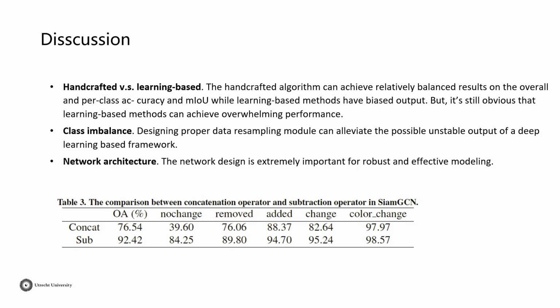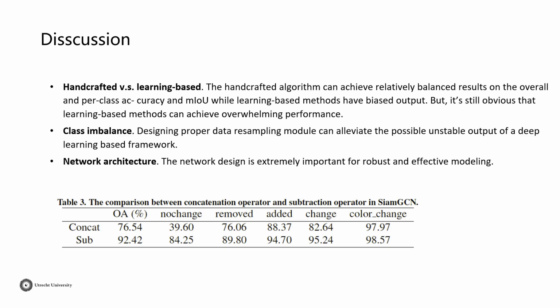The third aspect is about the network architecture. When adopting deep learning-based methods, we usually can design very different kinds of networks. In our task, there are two methods that use deep learning frameworks. The second one and the third one both adopt graph convolution networks and use the siamese architecture. But they achieve very different results, and we compare these two networks and find that